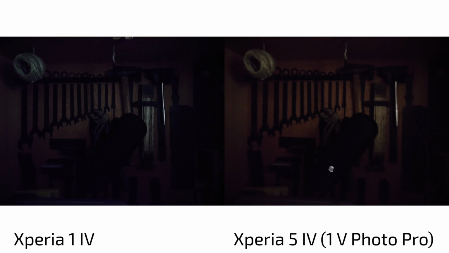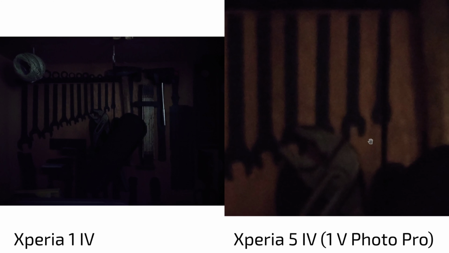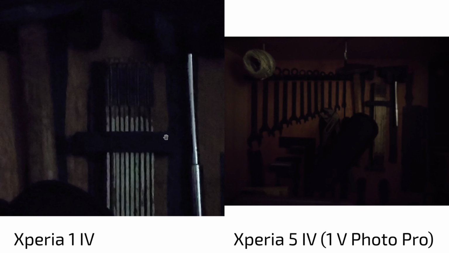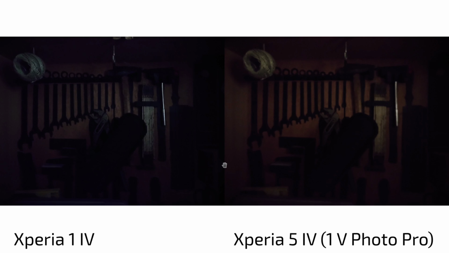Couldn't see the toolbox. I think the 5 Mark IV with the 1 Mark V's Photo Pro app is doing quite a better job in terms of colors here. White balance, where it's like magenta cast, and it's sharper definitely thanks to the 3D time-of-flight sensor on the 1 Mark IV. But yeah, both not doing well, though the colors on the 5 Mark IV with the 1 Mark V Photo Pro app is a bit better. In general, I think yeah, you don't have the dedicated night mode available, and this proves to me that for